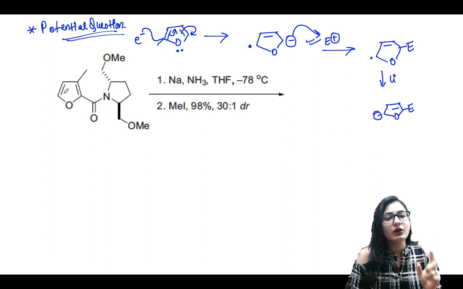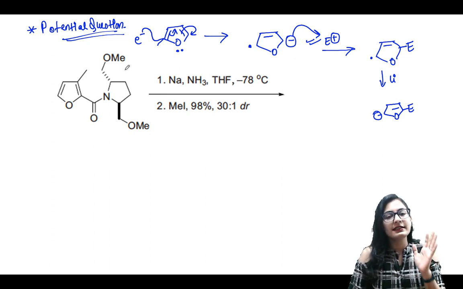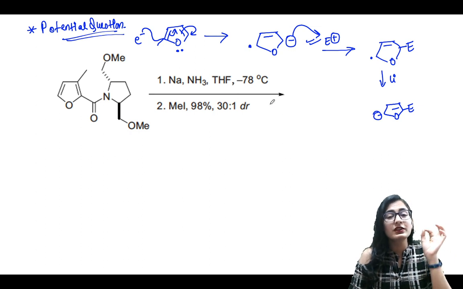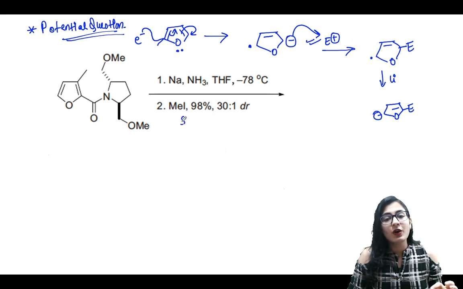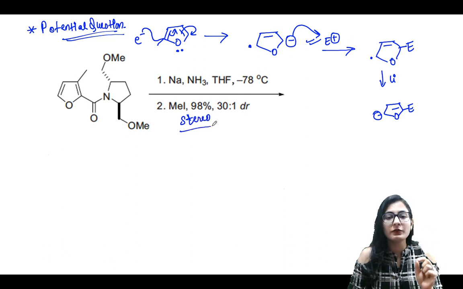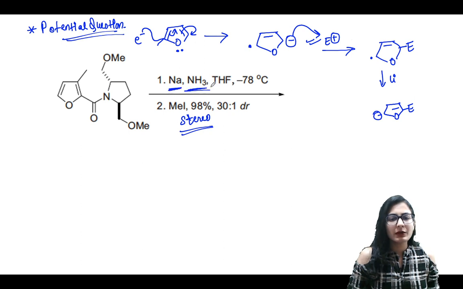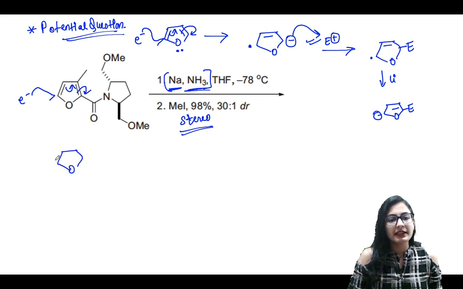So what we are going to talk about in this question is exactly the same thing, just with an extra addition of stereochemistry. The stereochemistry also has to be focused on over here. Let's look at this closely. We are taking sodium and liquid ammonia, exactly the same conditions as for Birch reduction. So let's transfer one electron onto this carbon, and it's going to form a radical anion like this one, right?